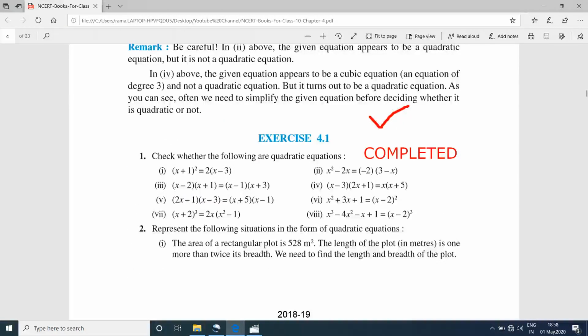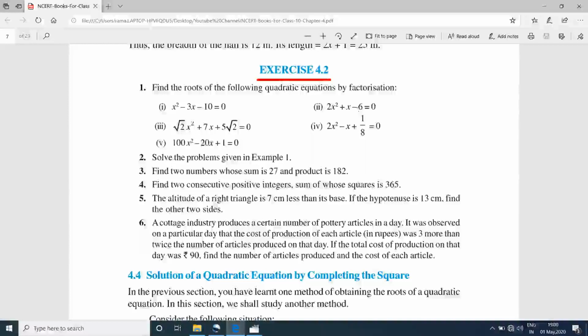Welcome friends. In the last video we have been discussing quadratic equations. We have started quadratic equations. We have seen how to formulate the quadratic equation from a live problem, and we have completed exercise 4.1. So today we will be going to exercise 4.2, which deals with the factorization method to find the roots